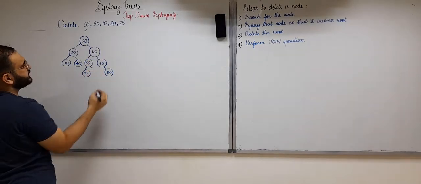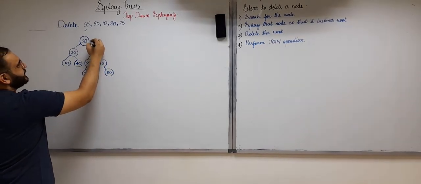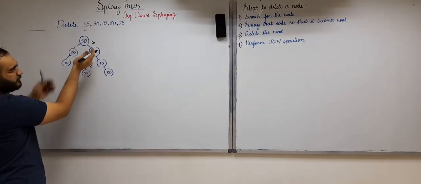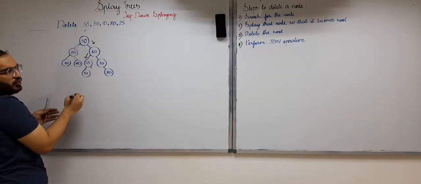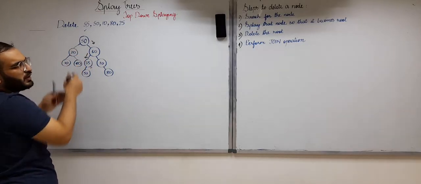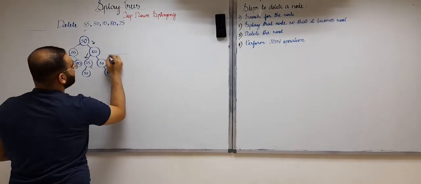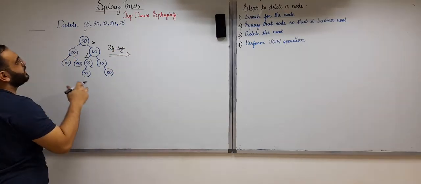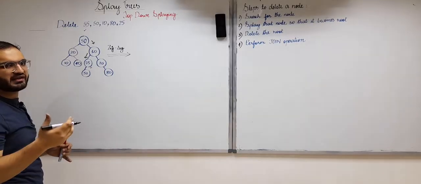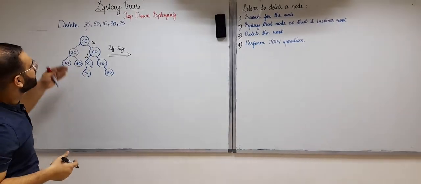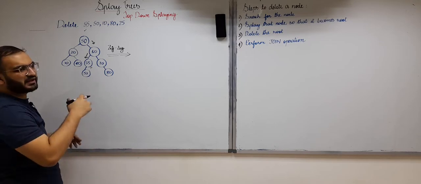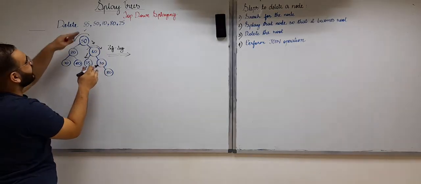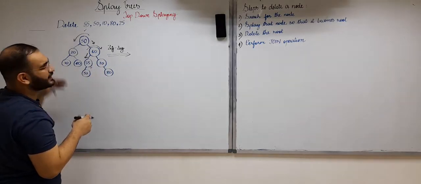So which splay operation do we need to perform? The direction from the grandparent to the parent of the node to be splayed is right, while the direction from the parent to this node is left. Because these are two opposite directions, we have to perform a zig-zag operation. I've already explained in my previous videos of splay trees how we perform the different splay operations like zig, zig-zig and zig-zag. You can go and watch them. In a zig-zag operation we have to do 2 rotations. In this case, first we do a right rotation about the parent and then a left rotation about the grandparent, that is 50.